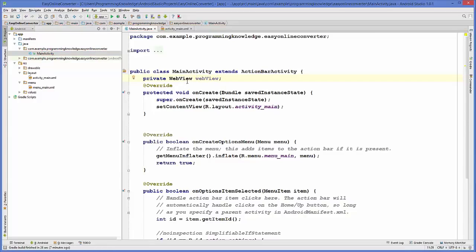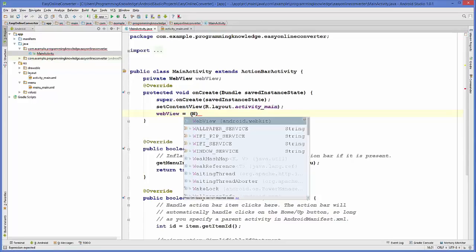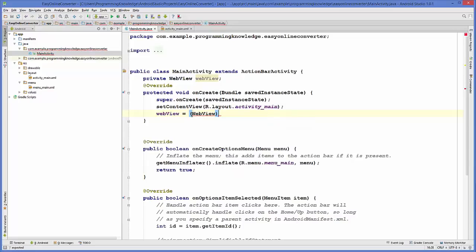Okay, and now once you have created your variable, just copy your variable and go to your onCreate method here, and just paste your web view, and then we are going to call this web view by casting it. So give a bracket here and then write WebView,